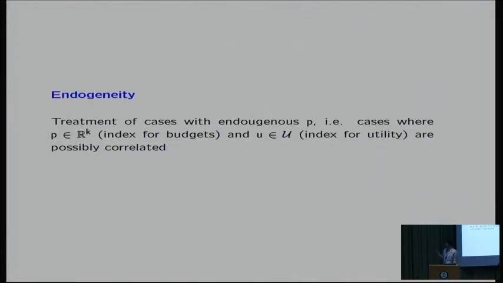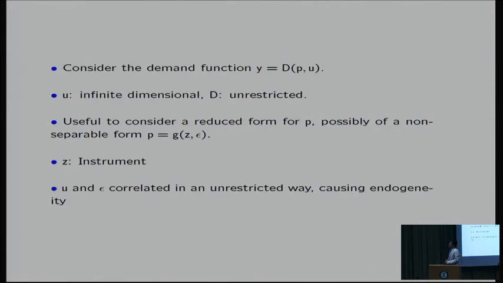Okay, so endogeneity, just quickly. So far, I assumed that the distribution of U is independent of P, but in certain applications, that may not be a good assumption. So what do we do? You can just rewrite the whole thing in this way. So Y is actually the choice once again. And so D of P, the choice set P, and U is the realization of your utility.